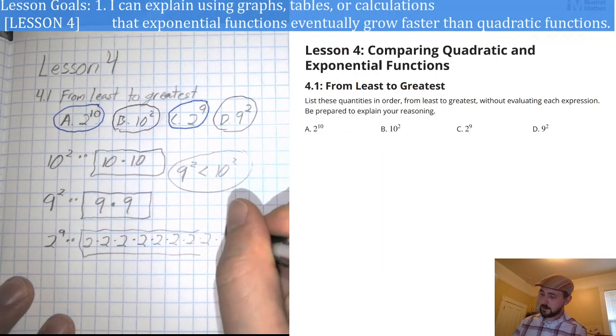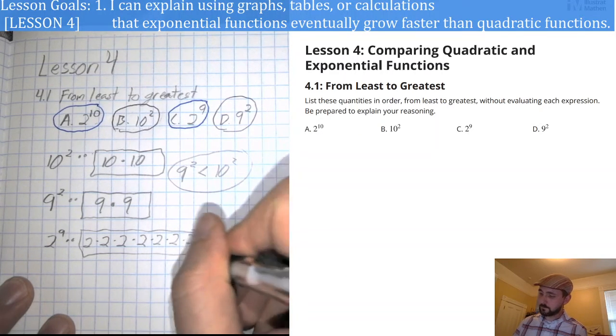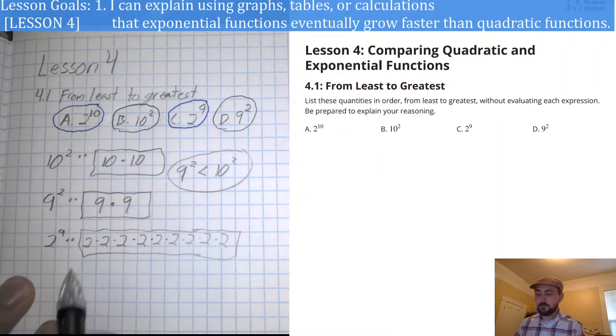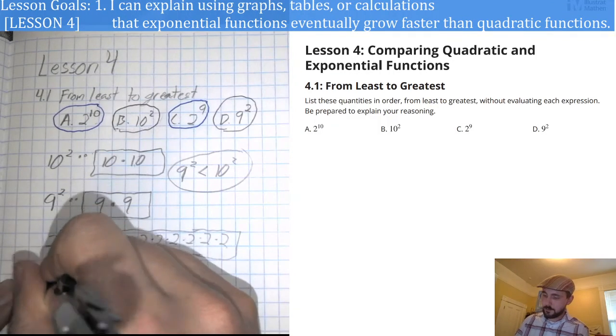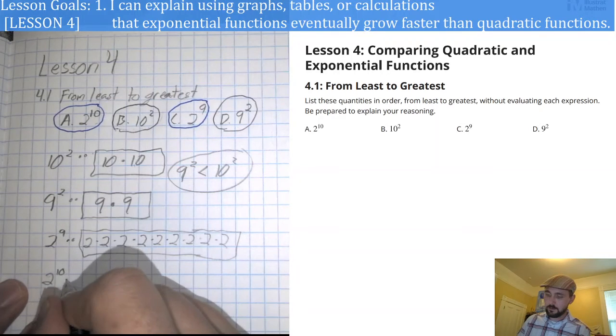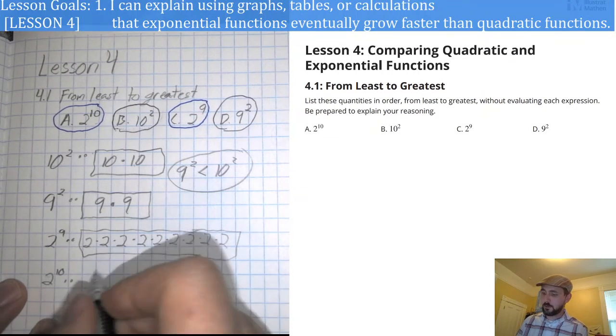8, 9 copies of 2. Right? That's what it means. 2 times 2 times 2, 9 times. And if I have 2 to the 10th power, and maybe you see where I'm going with this,